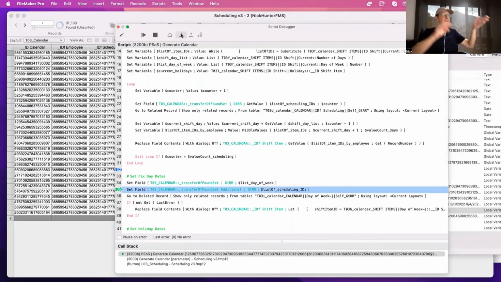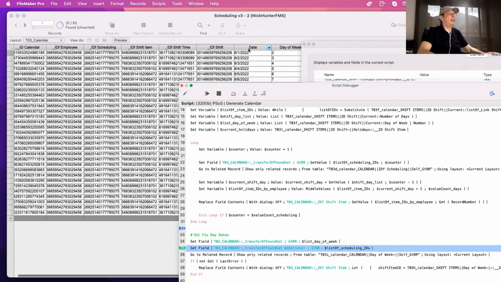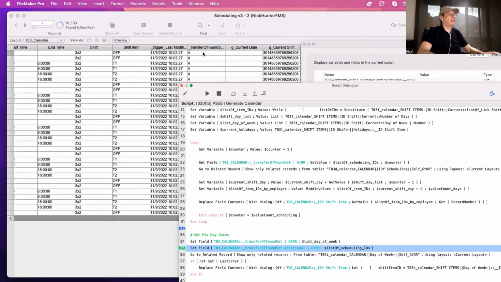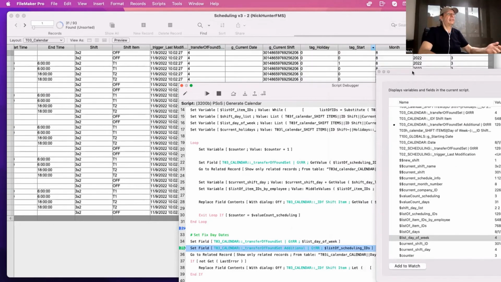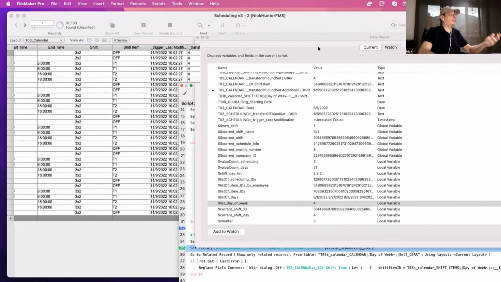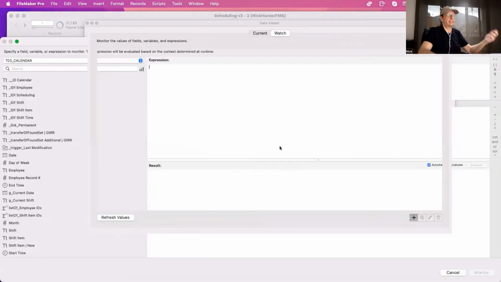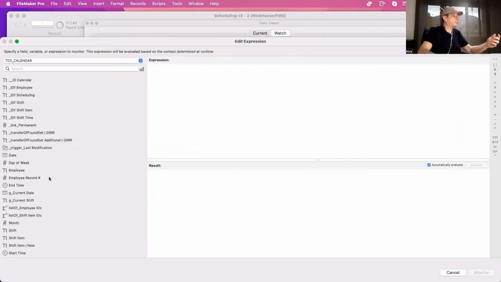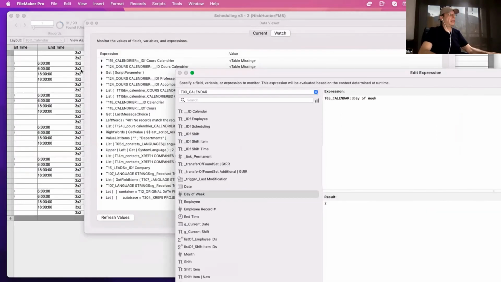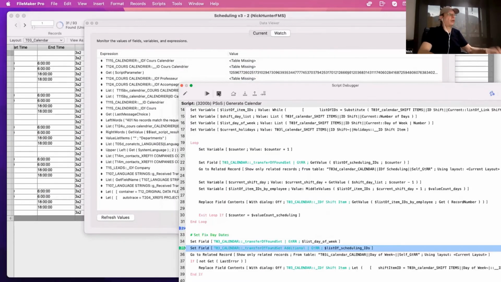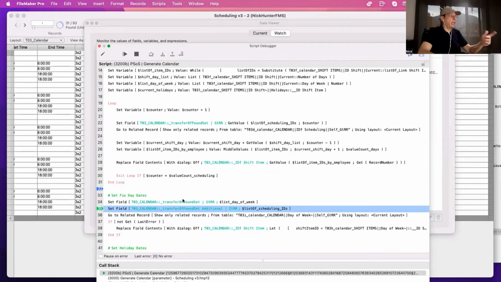I'm setting my day because I have the day here. I have the day of week somewhere here. I don't know where it is. I can go there. It's a good demonstration. Day of week. I know. The record I'm in is number 2. Okay, I know that. Okay, so I have the days of week, and I'm setting 2 fields for the relationship to